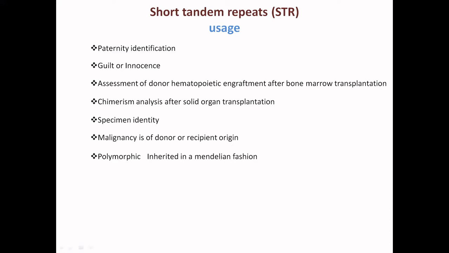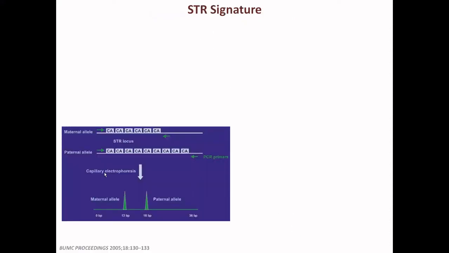So this is one STR signature. This is the maternal, with two nucleotide repeats: 1, 2, 3, 4, 5, 6. So there are 12 nucleotides. You can see there are 12 nucleotides, here are the 12 base pairs. The paternal is 1, 2, 3, 4, 5, 6, 7, 8, 9. So there are 18 bases here. So this is the maternal allele, and this is the paternal allele of this locus of the